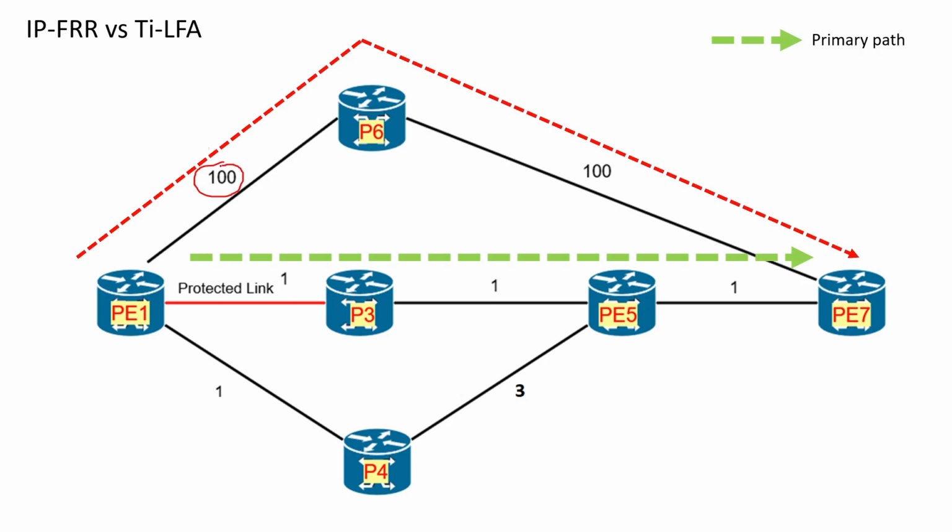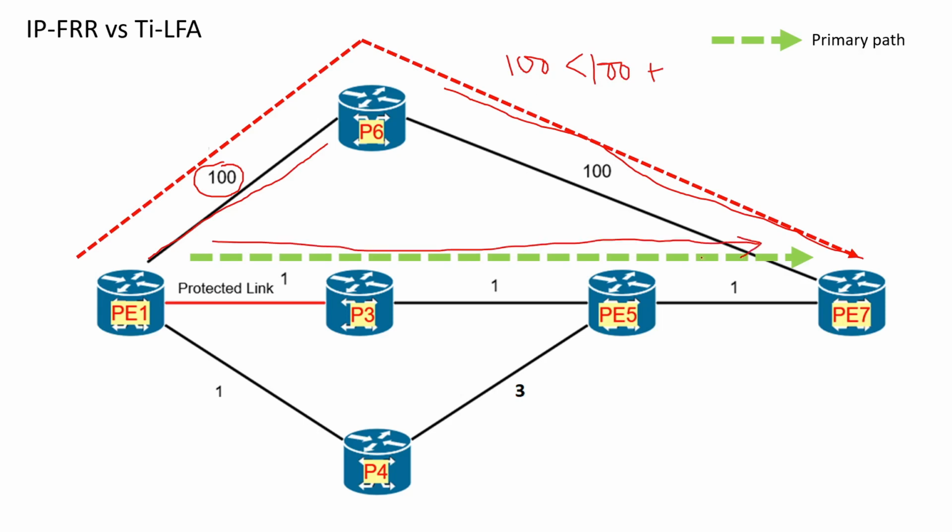So if you remember the calculation, how exactly it figures out: the distance between next stop and destination, in this case it is 100, should be less than the distance from next stop to source plus distance from source to destination. This is 3. So yes, in the case of P6 this condition is valid,